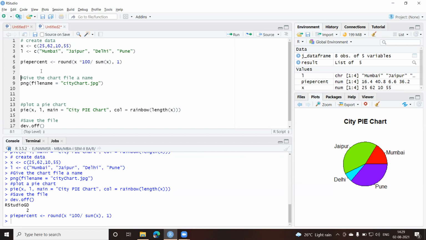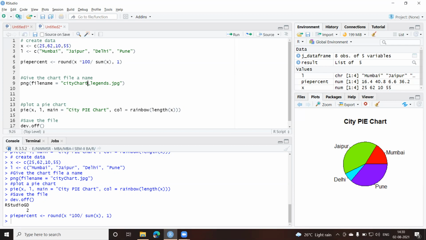Now, once we create this, let me save this with a different name. So we know that it is city chart underscore, let us give underscore legends. LEGENDS, legends. So this chart is with legends and with percentage also.